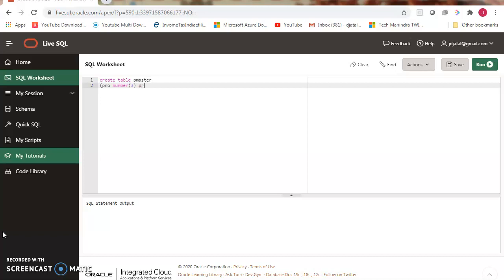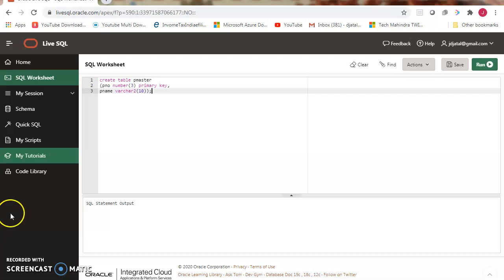Here I am declaring product number as a prime column, or we are setting the primary key for the column product number, primary key. This is a column level declaration. After that, declare the other column, product name, and close the statement, execute it.